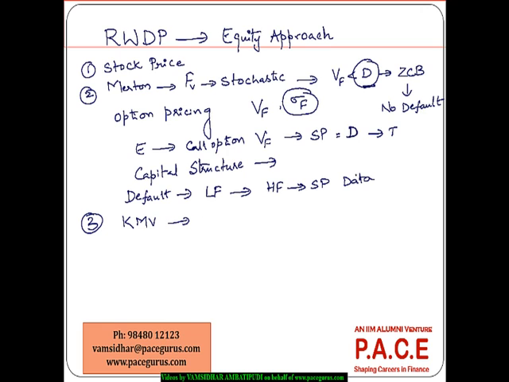Instead of relying on the normal distribution to come out with the probability of default, because if you remember in the Merton model or option pricing model, we talk about N of D1, N of D2, which are nothing but the cumulative normal distribution values associated with computations of D1 and D2. Now the KMV model is not making any such assumptions, because the Merton model has made an assumption that the value of the firm is stochastic,